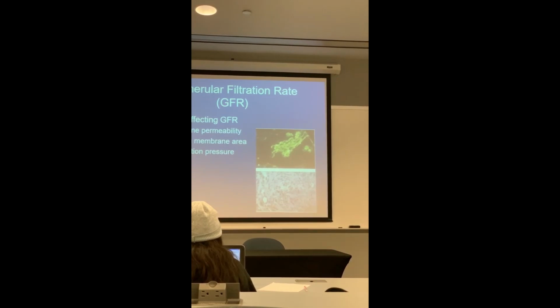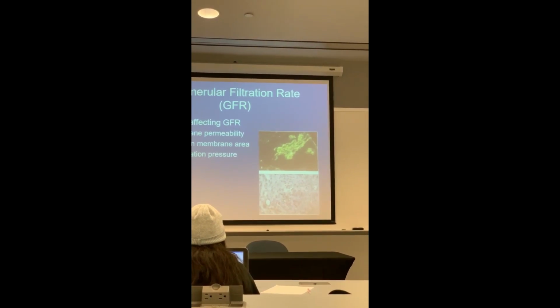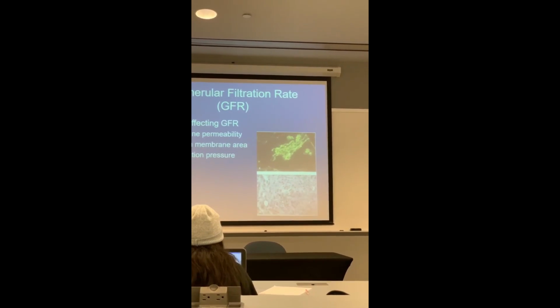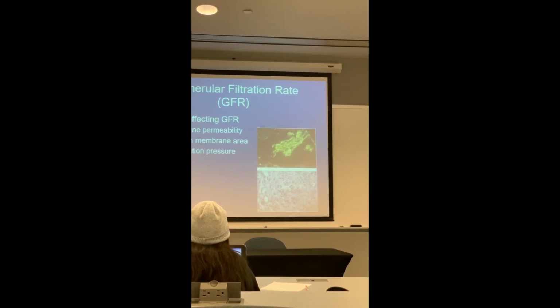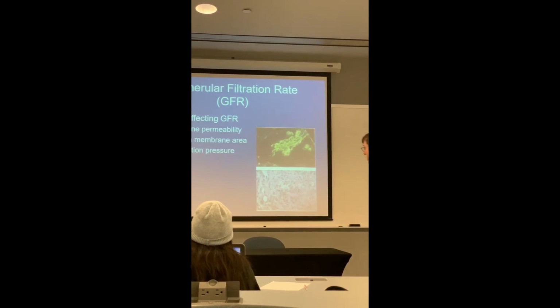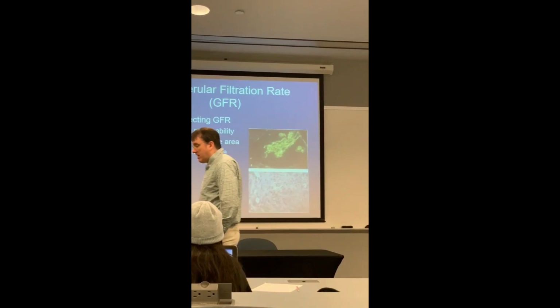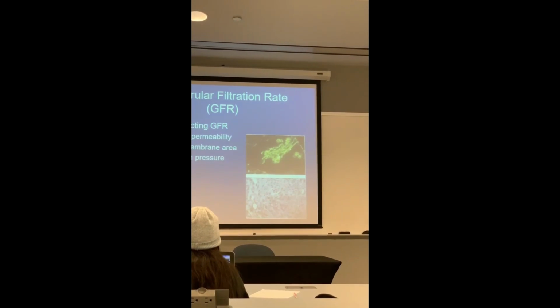If the blood flow increases to the glomeruli, they can expand, kind of stretch, and that can make the membrane a bit more permeable. And this is useful to get rid of extra volume if your blood volume is too high. This is also regulated in some ways by the position